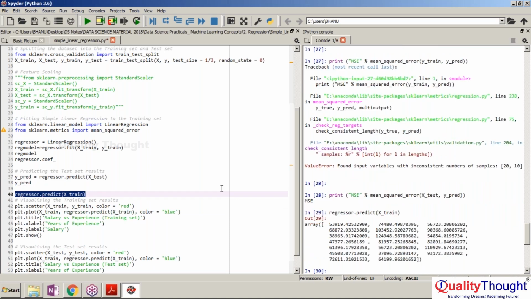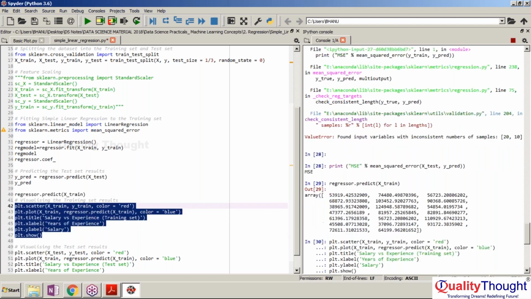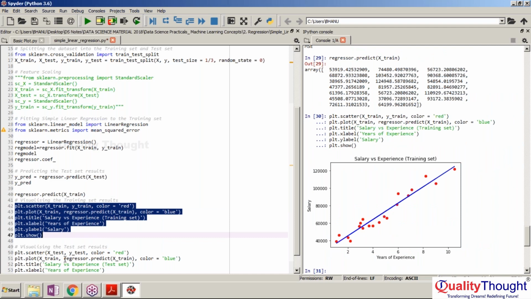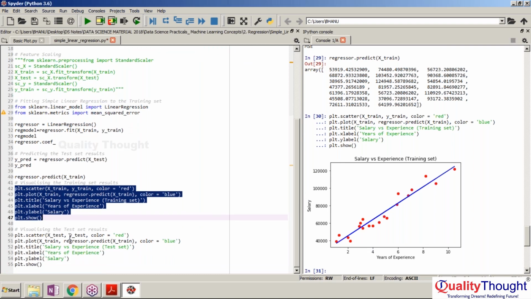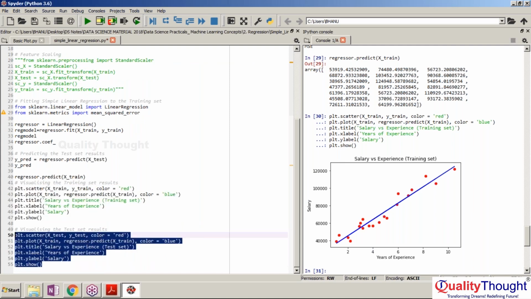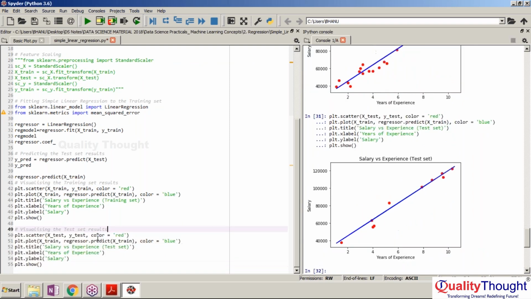This is how the predictions for the training data look, and this is what we have plotted over here. Here we also have x_test data. Basically, I need to change this. This is the data where I have passed the same kind of thing, and this is going to be my test data. But I'm more interested in showing you